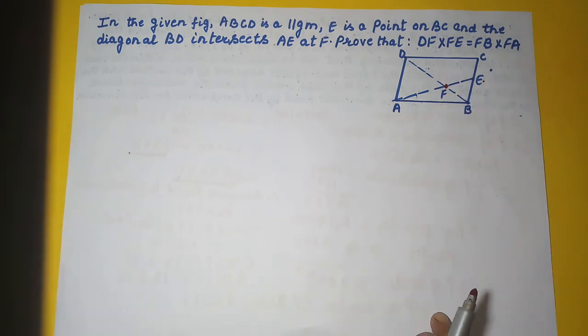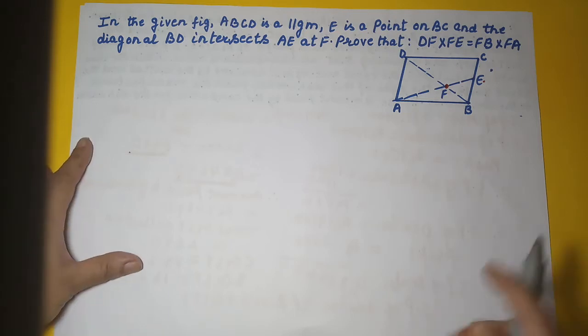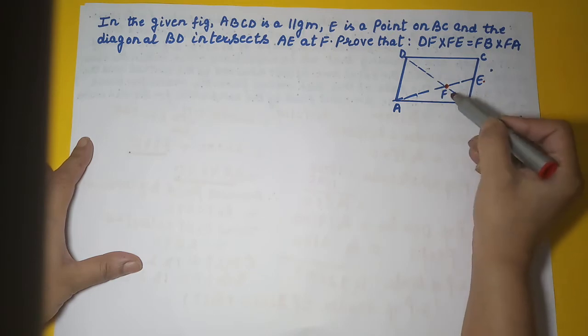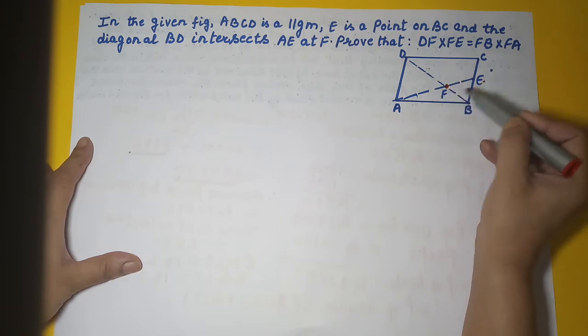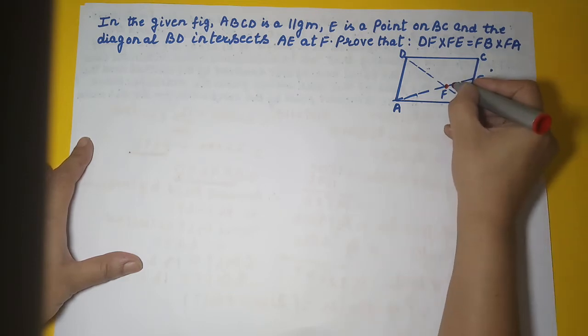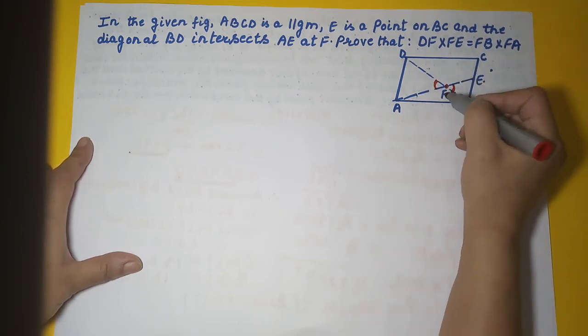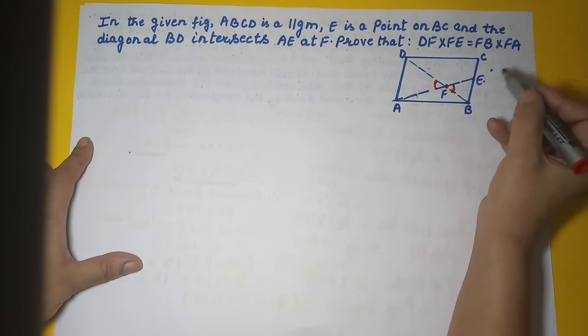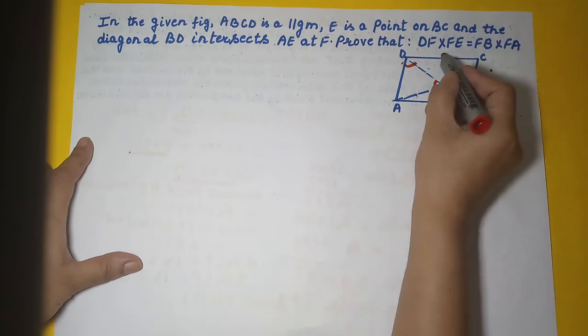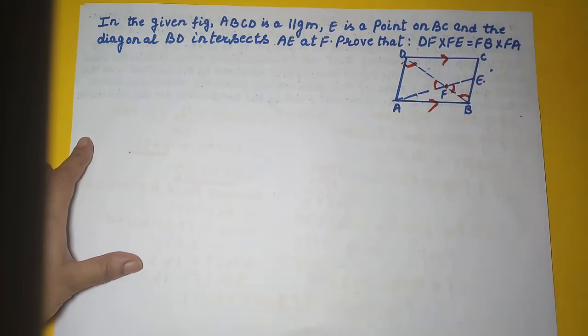Okay. So now we need to select two triangles so that we can make them similar and then their corresponding sides will be proportional. Okay. So which two triangles will I take? If I choose AFD and FBE, these two triangles, they will be similar, but I have to be careful. See, this angle is equal to this angle. So F, then this angle will be equal to this angle, alternate angles, because DC is parallel to AB, right?